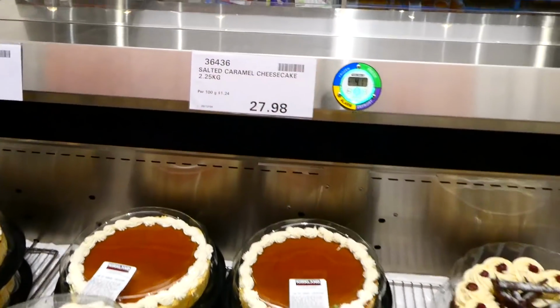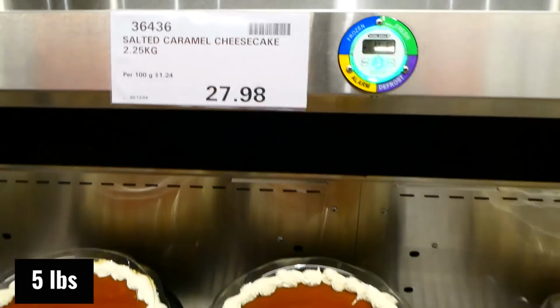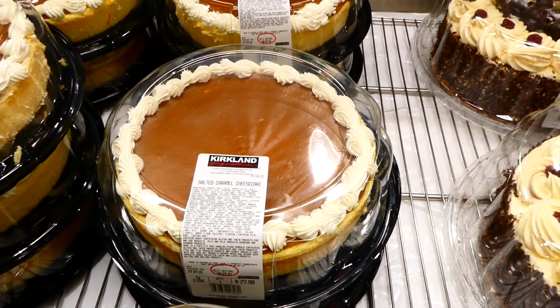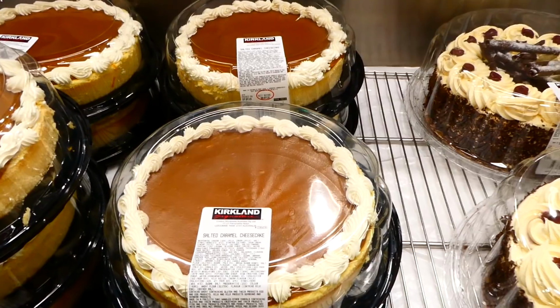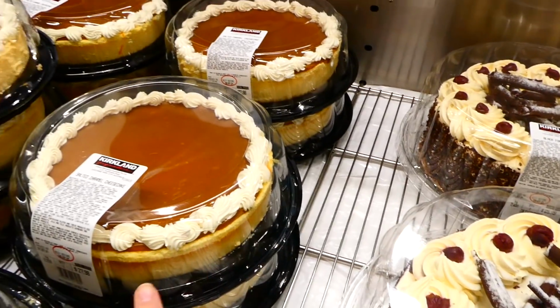Then on a manager special, they've got the salted caramel cheesecakes. These are 2.25 kilos, and that's because they're good till the 30th of this month. So that's why they're on manager special. They're trying to get rid of them. But you can see it's got the salted caramel on the top, and you've got your cheesecake,